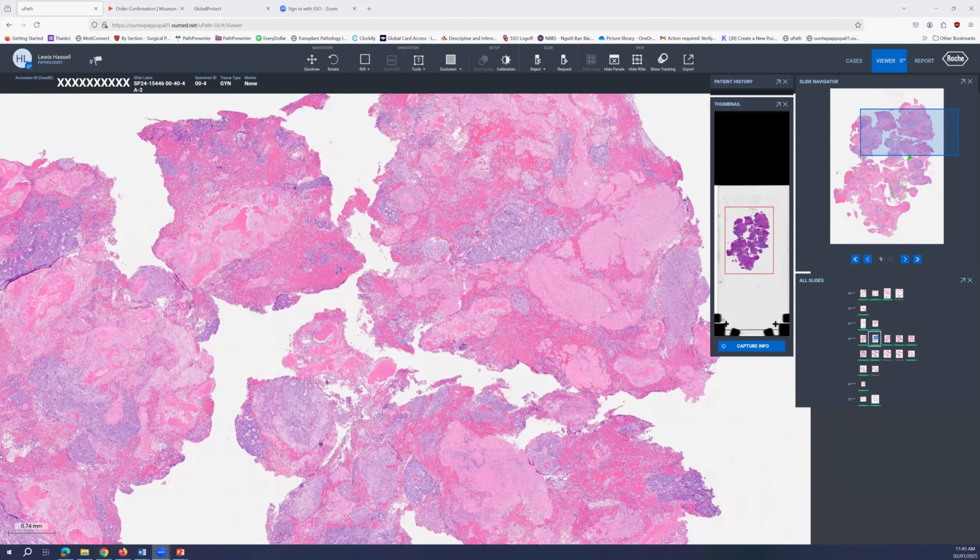Specifically, we had quite distinct patterns of staining with PAX8, showing nice preservation in the well-differentiated or better differentiated component,